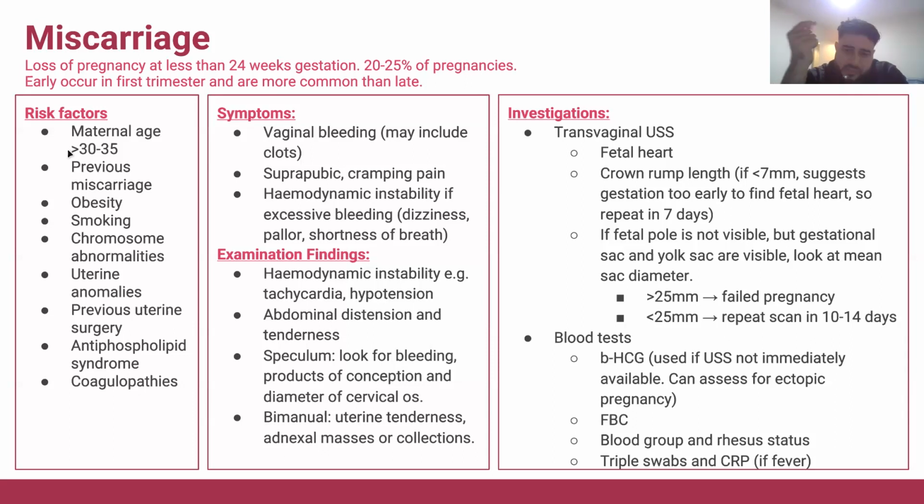Full blood count, because you want to establish things like anemia, just to have a look at how much blood loss has affected the full bloods. Beta-HCG is also important, because in the differential, overlapping with a miscarriage is also an ectopic pregnancy. So getting a beta-HCG can really help you differentiate between a viable intrauterine pregnancy, an ectopic pregnancy, and a miscarriage. You'd also want to get a blood group and a Rhesus status for Rhesus negative mothers, and blood group as well if you're worried about excessive bleeding and needing to transfuse. And you may want to get swabs as well if we're worried about vaginal infections.